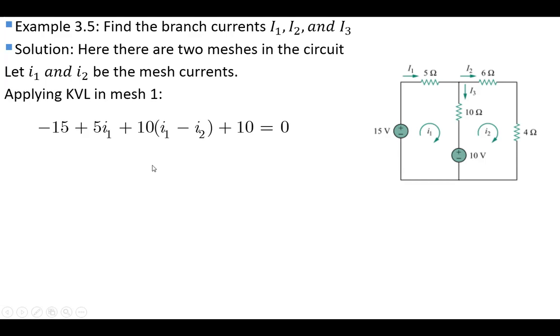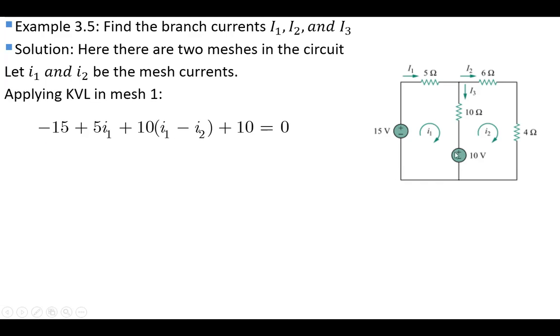About the batteries, again remember, for the time being we are considering the case of voltage sources only. We are not considering current sources. So in this case there are only constant voltage sources present. How will we handle the polarities of the batteries? Whenever we are traveling the loop, we'll consider the first polarity encountered, and we will use that polarity as the sign in the equation. So when we started from this point, we encountered negative polarity, so that's why this was minus 15.